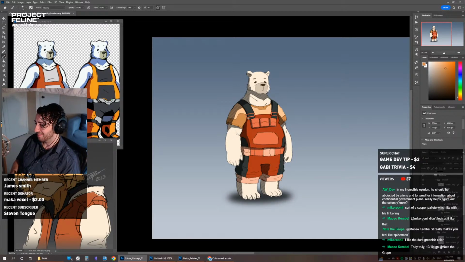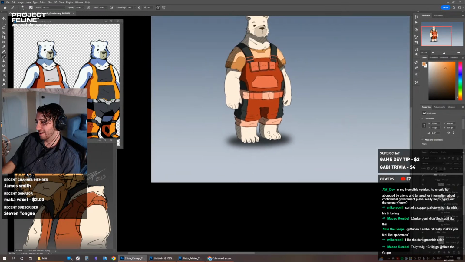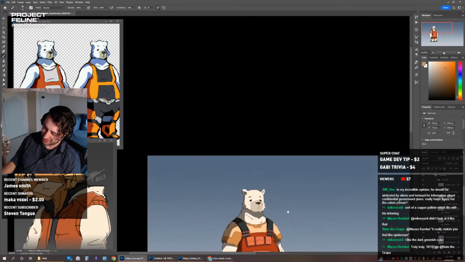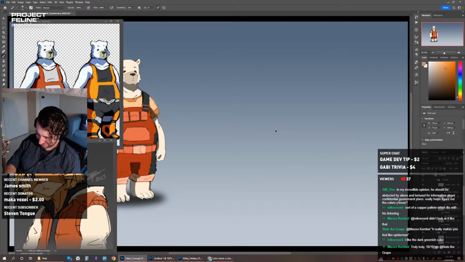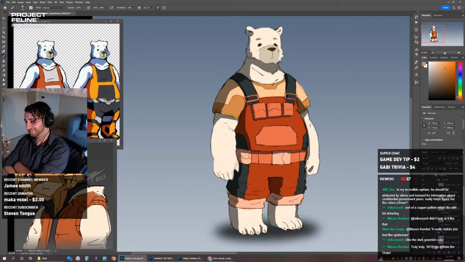It doesn't look good for just the top bit, but the bottom half, I like that. The top half is just a little something isn't quite right. But the bottom half I really like.